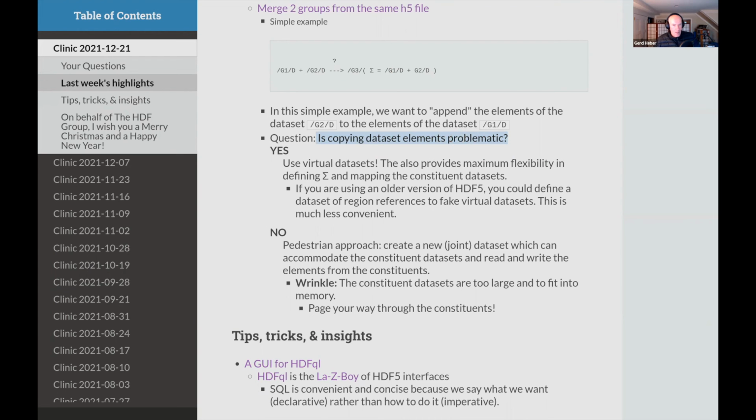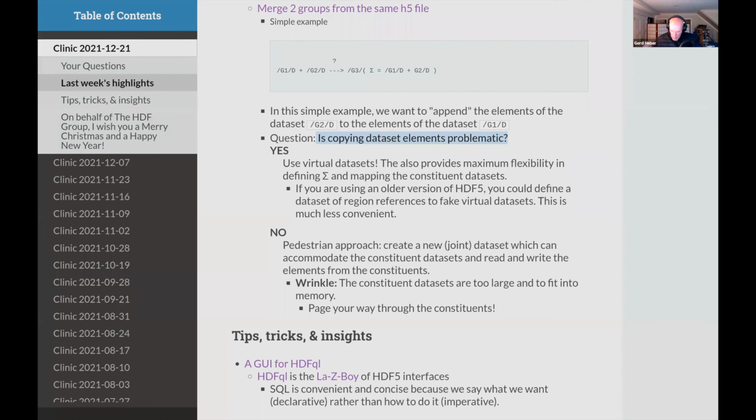And there could also be issues surrounding how confident you are that the copy operation didn't introduce any errors, especially if the types of these data sets may have the same name, but let's say one is a 32-bit float, the other is a 64-bit float. So you might be in a situation where you have to drop some precision, and that may all be very fine. So there could be different definitions of what it means to be problematic, but you have to answer that question.